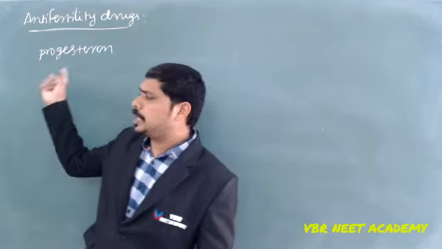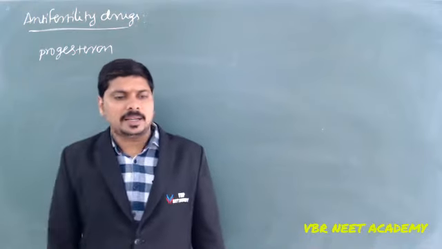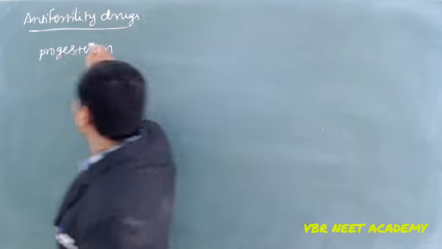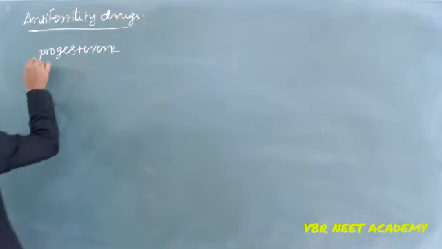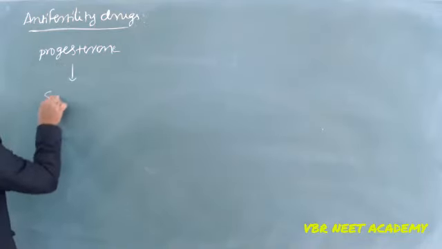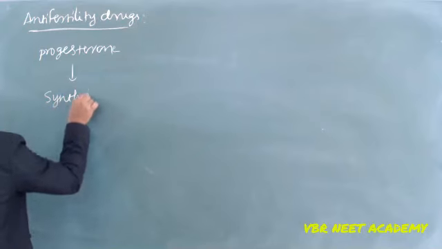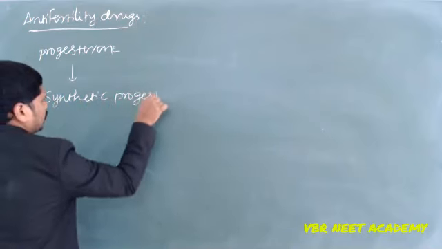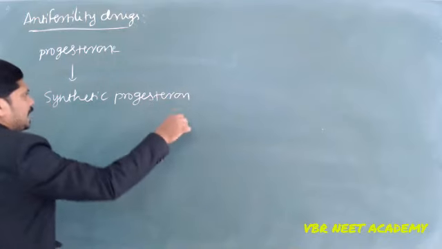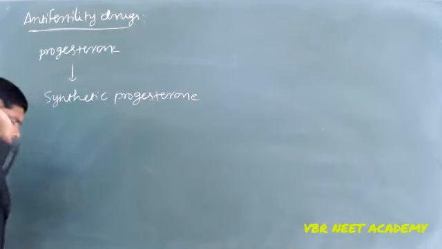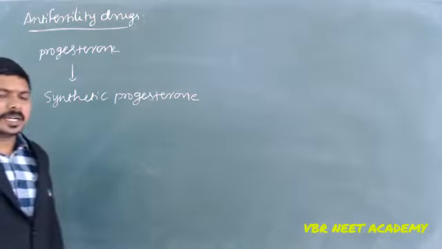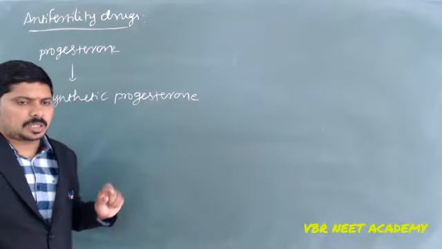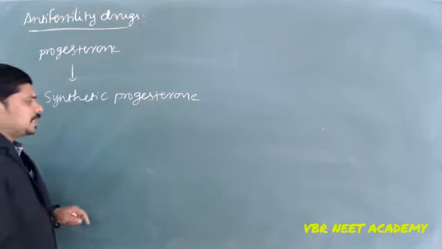That's why it is a natural anti-fertility agent. For the preparation of drugs, we always use synthetic progesterones. Synthetic progesterones have the anti-fertility effect, so most anti-fertility drugs come under synthetic progesterone. We have the examples here: